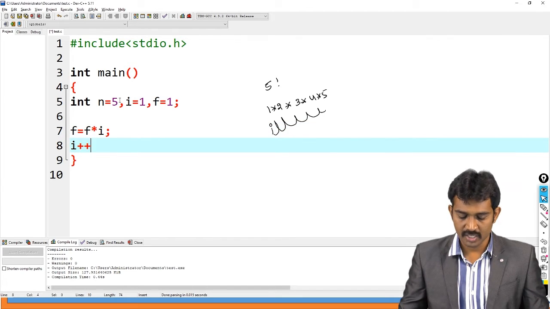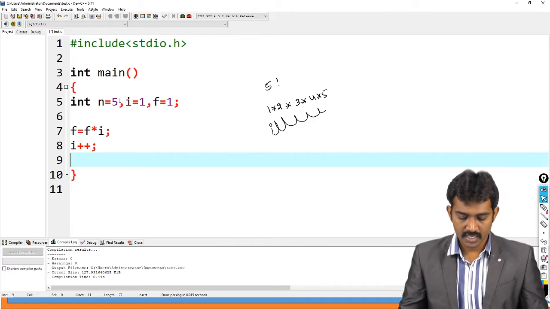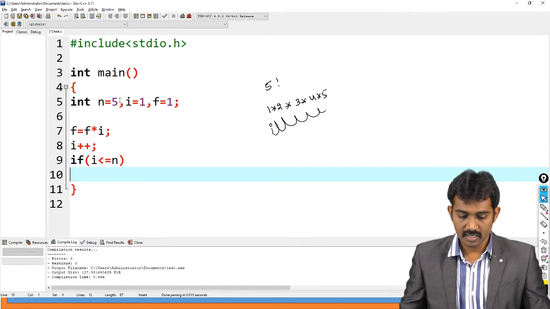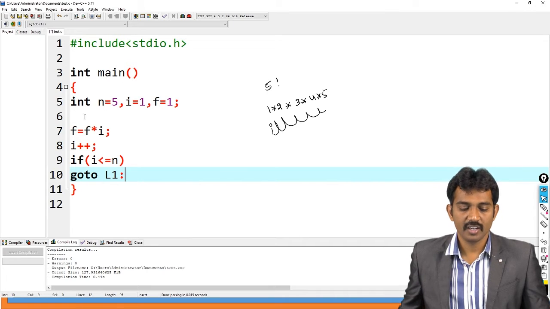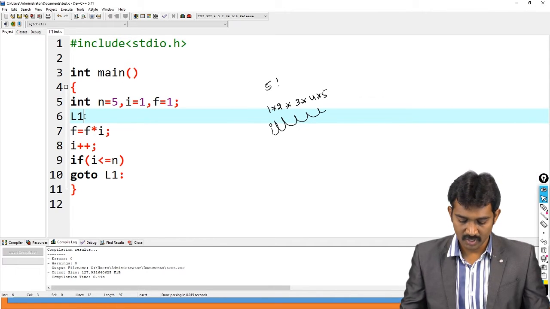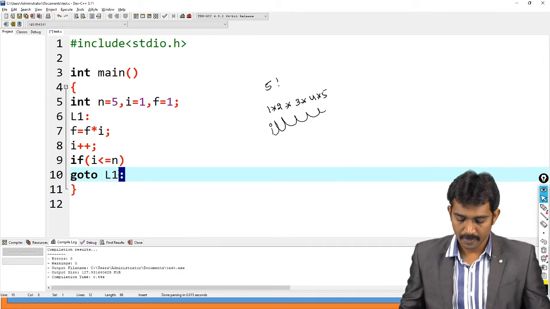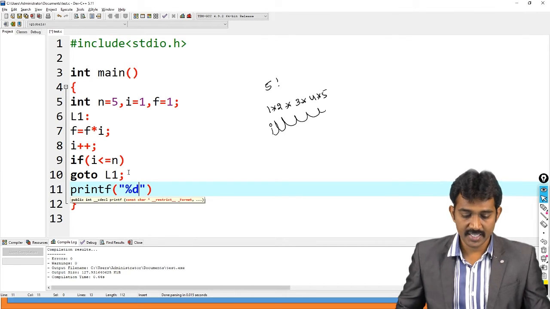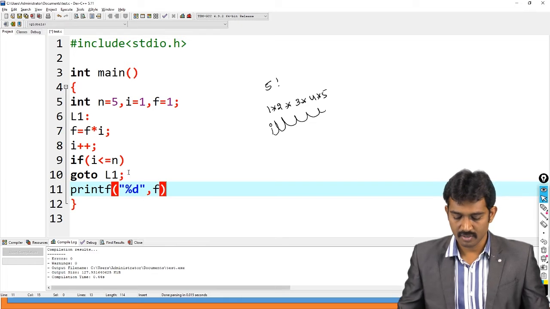After that, I need to increment i. If the i value is less than or equal to n, then goto L1, label 1. So L1, I just mention like this. After this, you just print f: printf percentage d comma f. That's all.